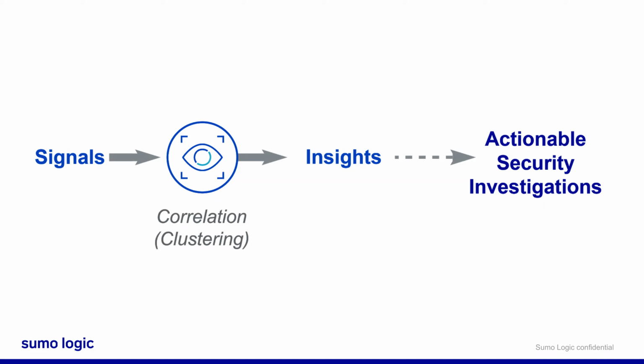So for example, if a rule was triggered with a severity of 5, and then 10 days later, another rule with the same entity and a severity of 5 was triggered as well, the total activity score would only be a 10 in the last 14 days, so an insight would not be created. However, if those same two rules had a severity score of 6, then an insight would be created because it would then be 6 plus 6, which would be 12, and that would be that activity score. Once an insight is created, then you can start a security investigation and start to take actions like alerting SOC teammates or executing playbooks.